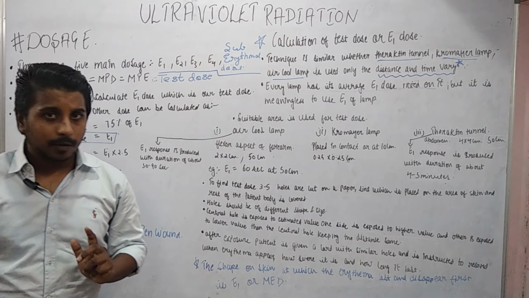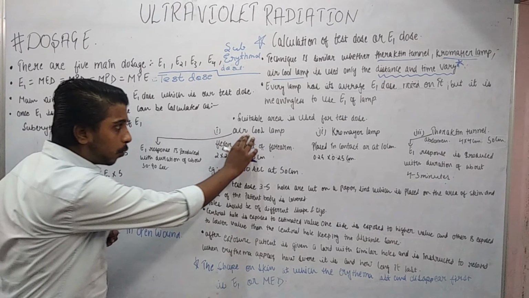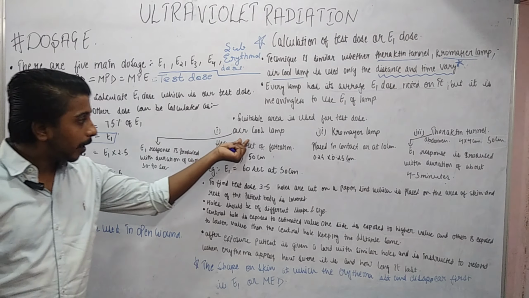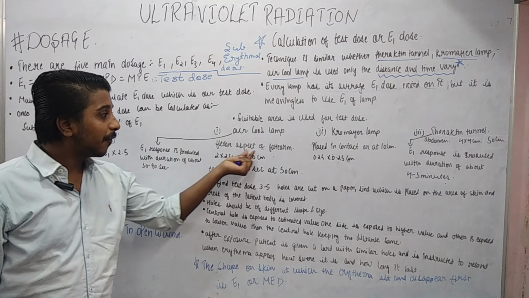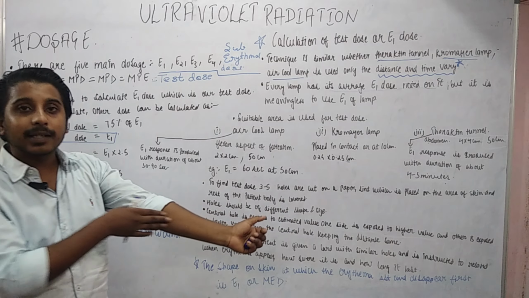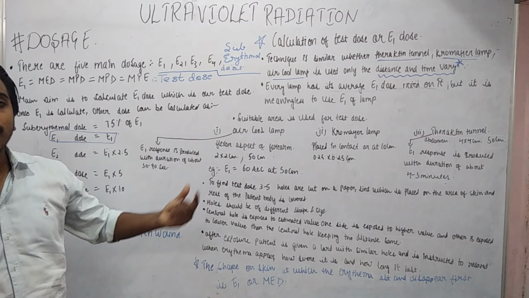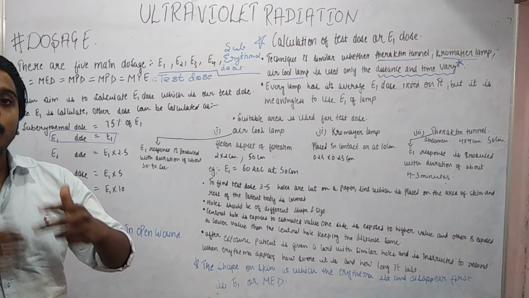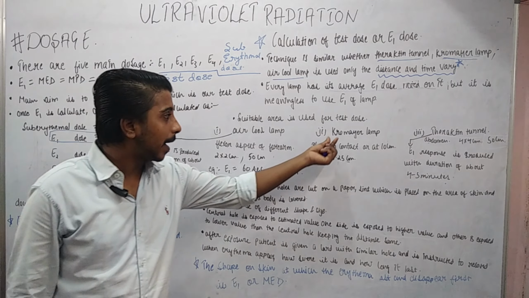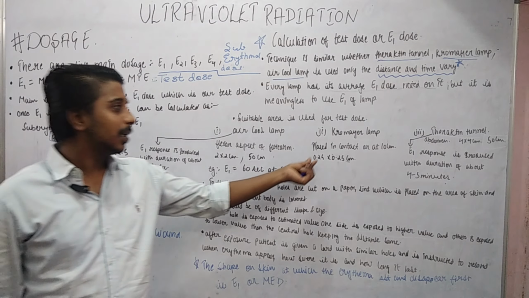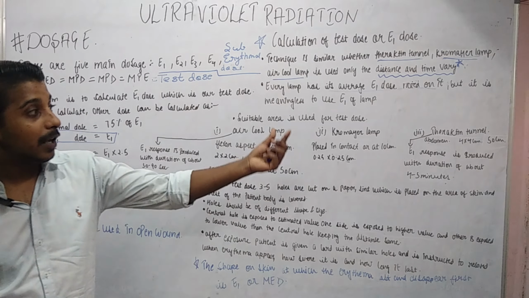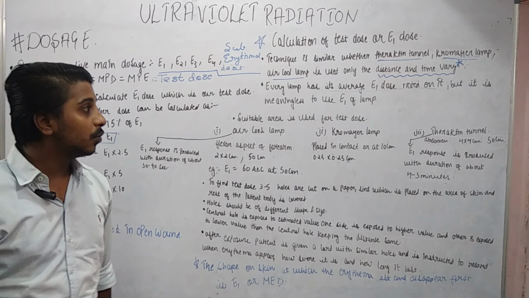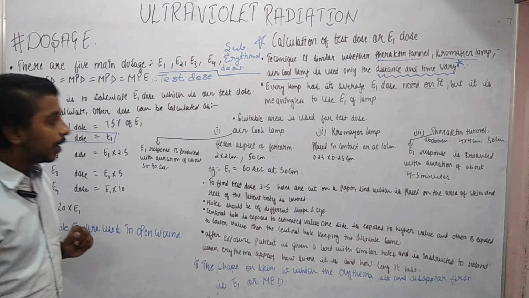A suitable area is used for calculating the test dose for the air cool lamp, the Cromere lamp, and the third, the Therkiten tunnel. For the air cool lamp, we use the flexor aspect of the forearm. Why this area? Because it is easily inspectable. We can watch and check how and when the erythema comes on the particular part. For the Cromere lamp, it can be placed in contact or at 10 centimeter. While for the Therkiten tunnel, we use the abdomen area.